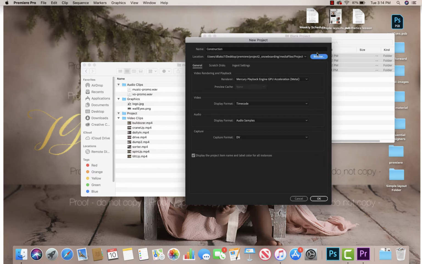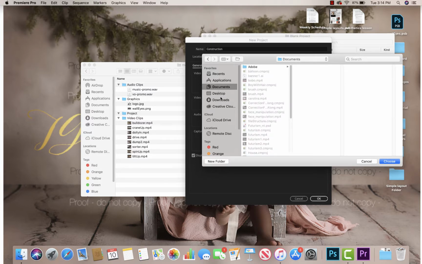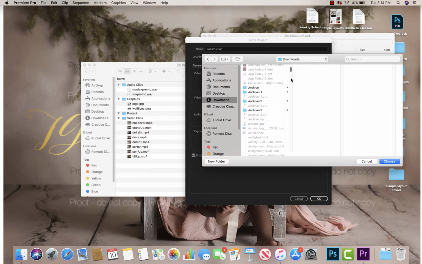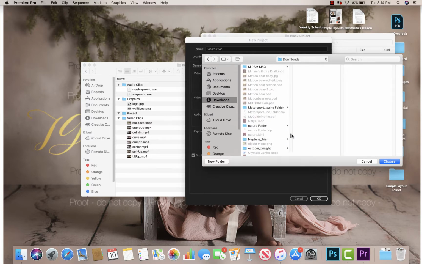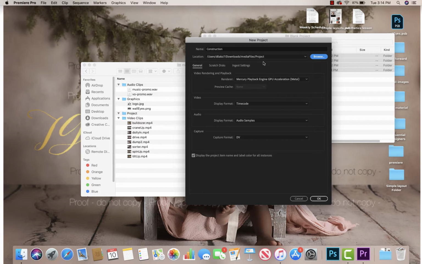and I'm going to click Browse, and I'm going to find that folder that I have. So Media Files, let me see, Documents, Downloads, and it was M's. So let's see, Media Files, and I'm going to click on that project folder, and I'm going to click Choose. So I'm saving it. If you look here, it says Users, Downloads, Media Files, and Project is the last folder, and when it's done it'll put Construction in that. So I'm going to click OK,